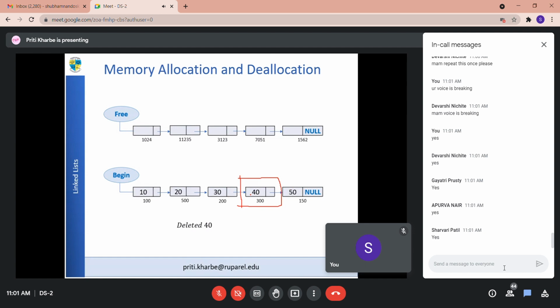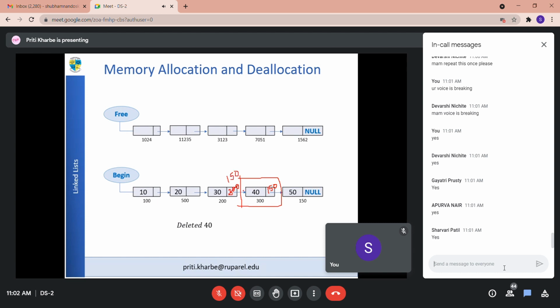30's connection was established with this 40, right? This was having address in the next part as 300, and this was having address in the next part as 150. Okay, so now I should have first this address as 150.